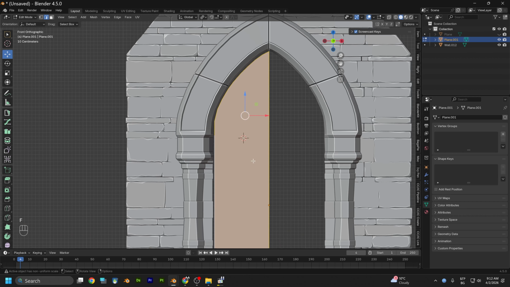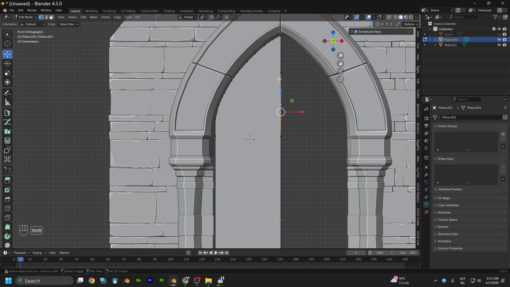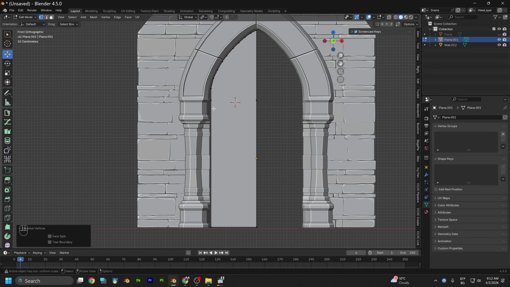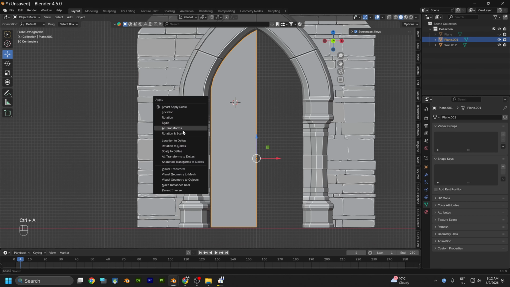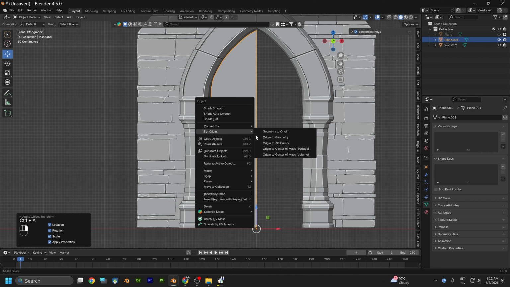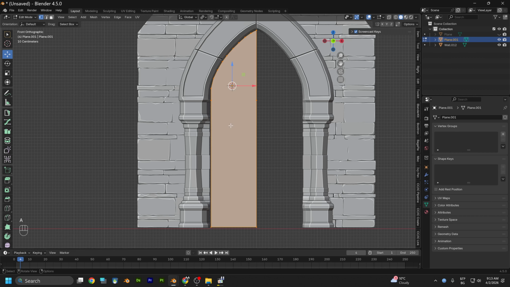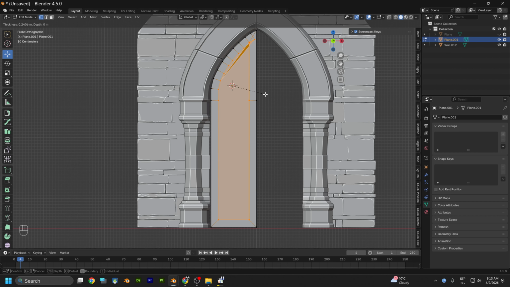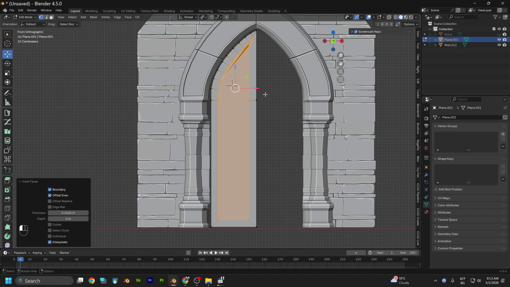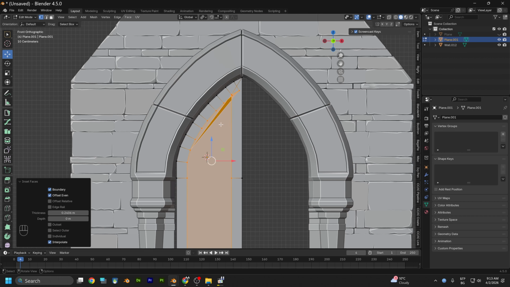Now we're going to fill this. Also we don't need this for the moment, so we're going to dissolve these vertices, and let's reset all transforms, origins to geometry, cursor to selection, edit mode. Now let's insert like this, and we're going to fix this later on,